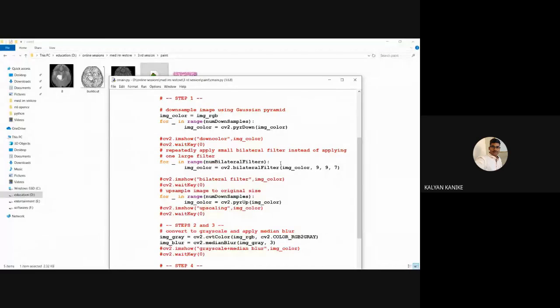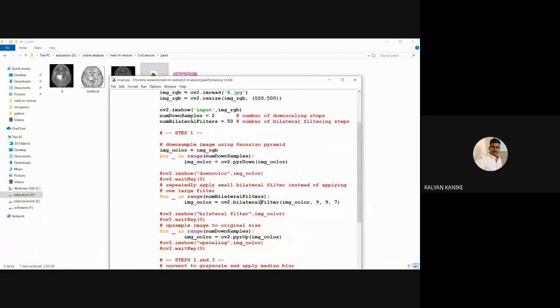Afterwards, we are applying the bilateral filter. Whatever formulas, functions and loops we have taken, we can understand the structure, but the keywords are very important: pyramid down and bilateral filter.